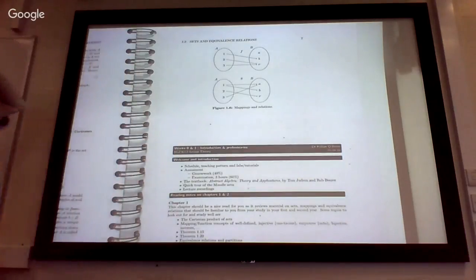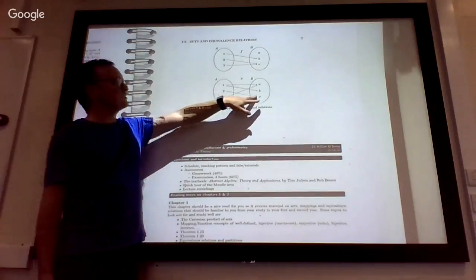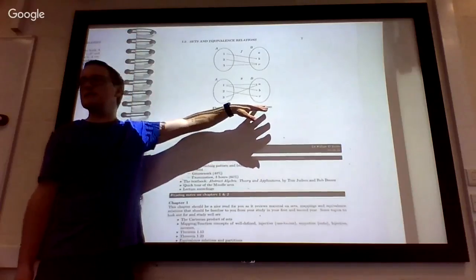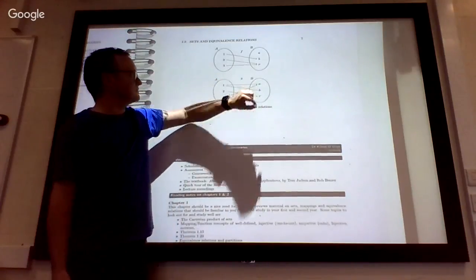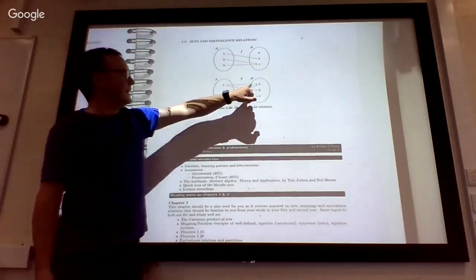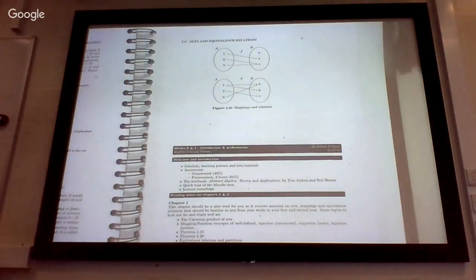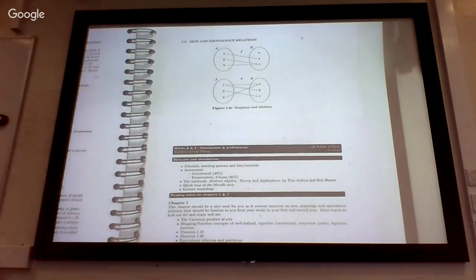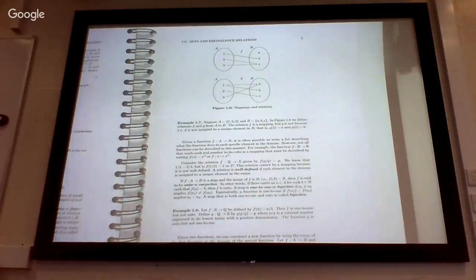And so what about G? Well, then it does look surjective. If A, B, and C are the only things in B, then yes, it is surjective. But again, it's not injective, because it's mapping 1 and 3 both to A. But there's something weird going on with G. So actually G, we shouldn't really call it a function. So I think that's the point he's making there.